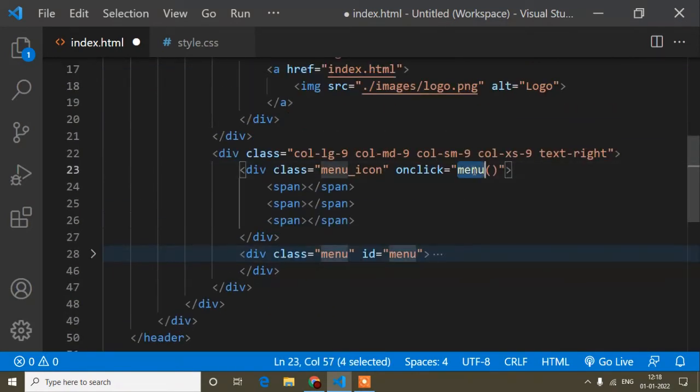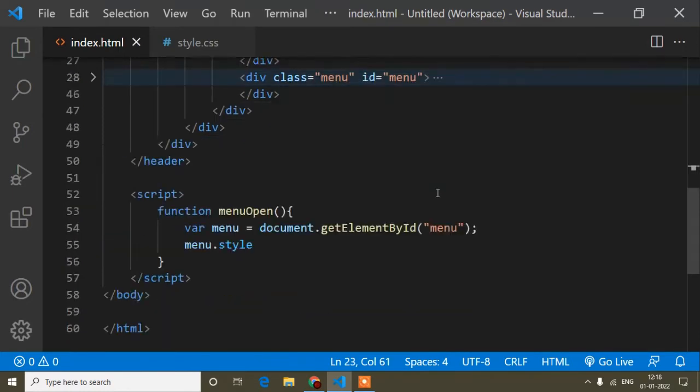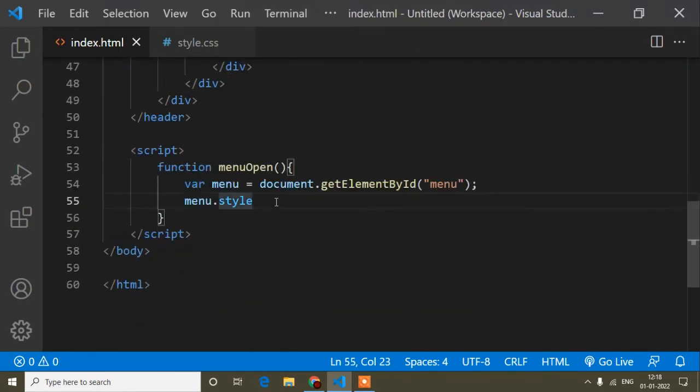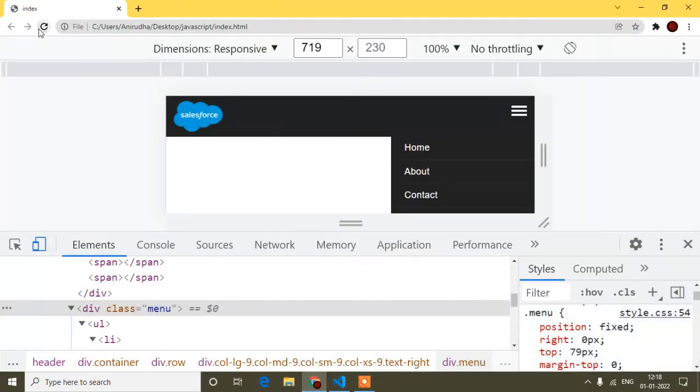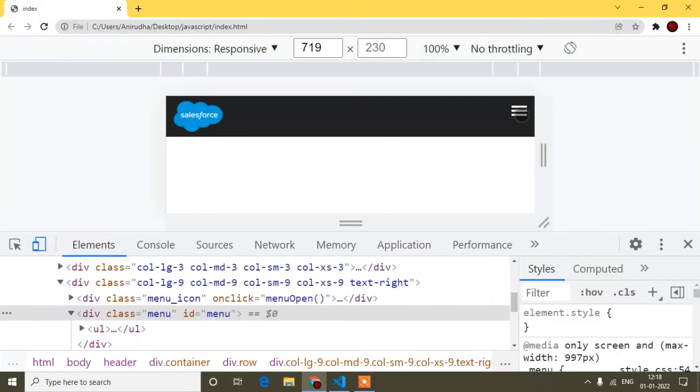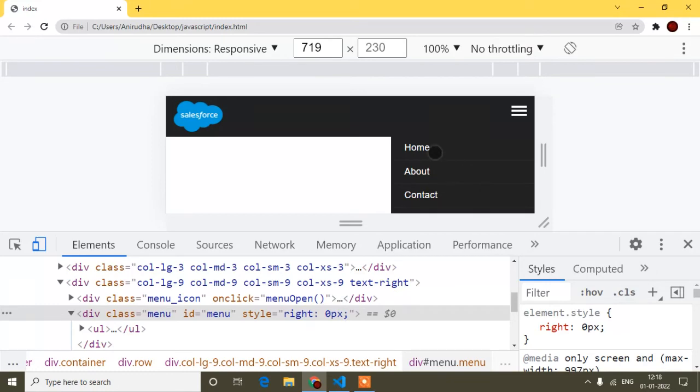So this function name I have to change here. Now I think it's good. So menu.style.right, and here I will add right is 0. So when I click this menu, the right will be 0, I mean it will be open. So refresh, if I click, you can see the menu is open here, right?